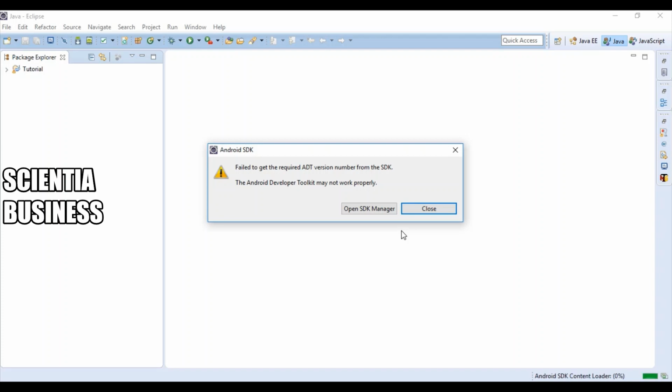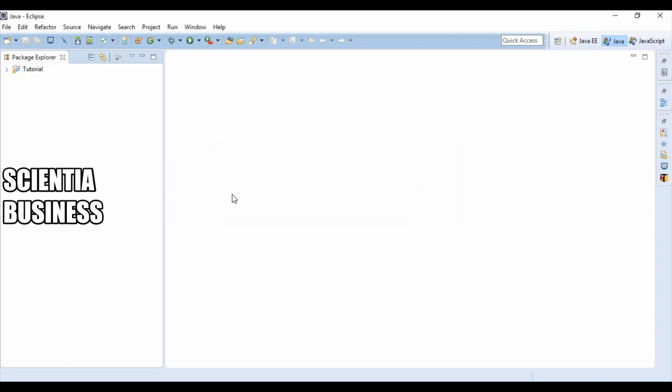Only then it would work. The same goes with Appium. If you have not set up Node.js correctly, then Appium would not run either, right? So it is very important to set up the environment variables.